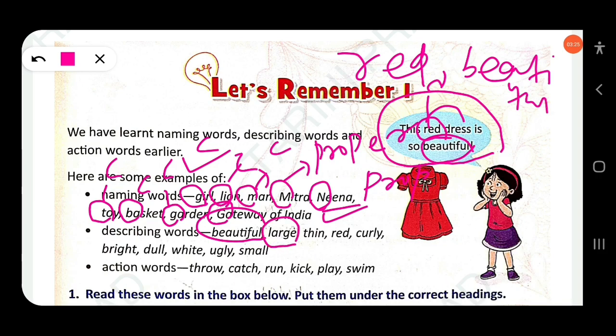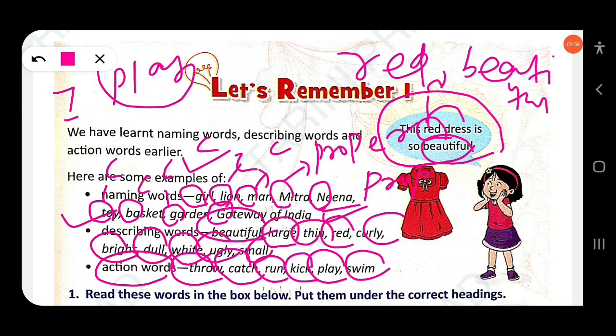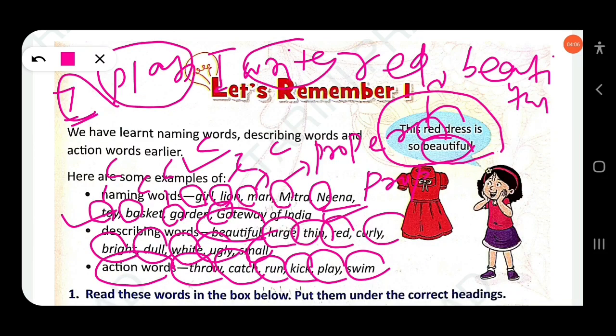Then large, this is also an adjective. Thin, red, curly, bright, dull, white, ugly, small, these are describing words. They describe a noun or pronoun. Okay, then next action words. Action verbs or doing words. Throw, catch, run, kick, play, swim. It tells about what the subject does in a sentence. I play. So here the action word is play. Okay, similarly I write. So here write is an action word. What is the subject doing? Okay,